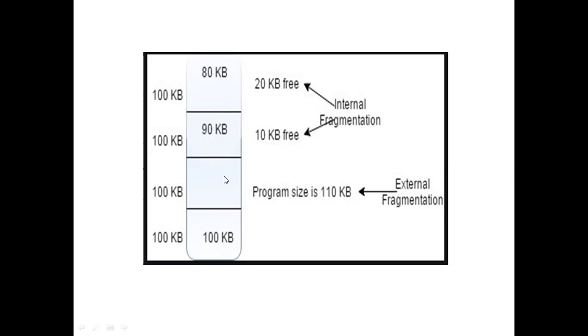Now, each partition is 100 kilobytes, but I have a process coming in that is 110 kilobytes. Can I fit it into one contiguous block of memory? No. I can place 100 kilobytes over here, and the additional 10 kilobytes should be placed somewhere over here or over here. That leads to external fragmentation. Basically, it is fragmenting into other blocks of freely available holes. So this is what we call internal fragmentation and external fragmentation.